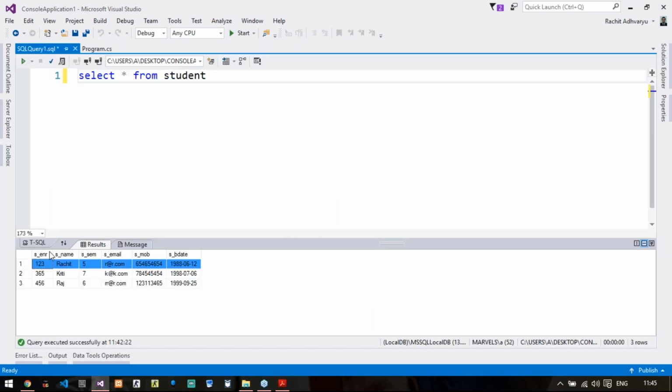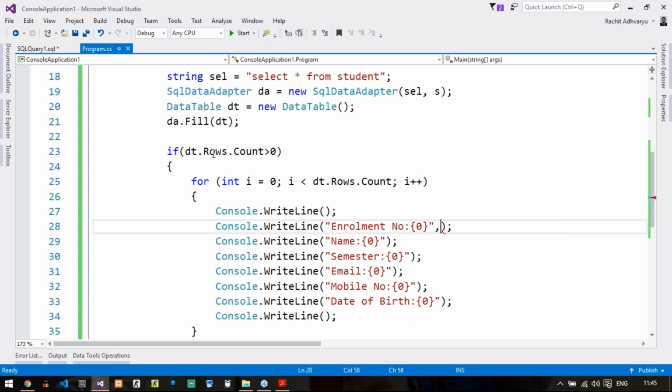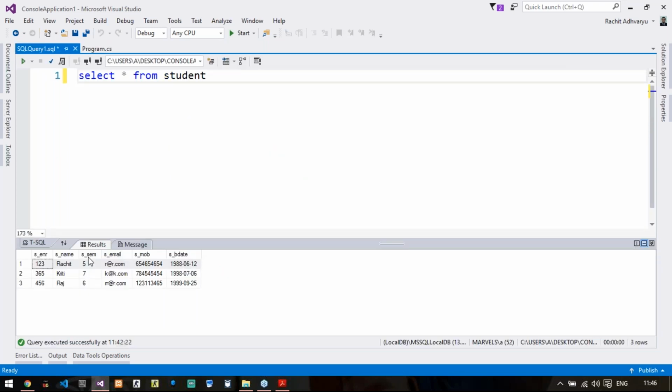That means for enrollment number the column index will be 0, for name it will be 1, for semester it will be 2, for email it will be 3, mobile it will be 4 and for birth date it will be 5. So this is what the index of column will be. I'll use the same thing here.